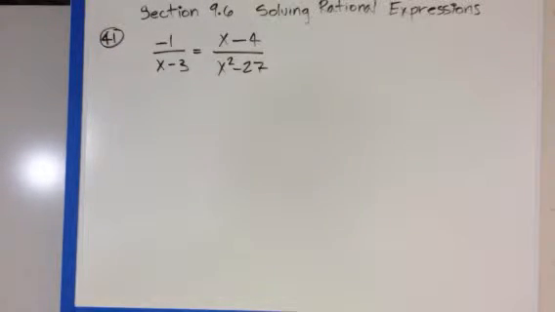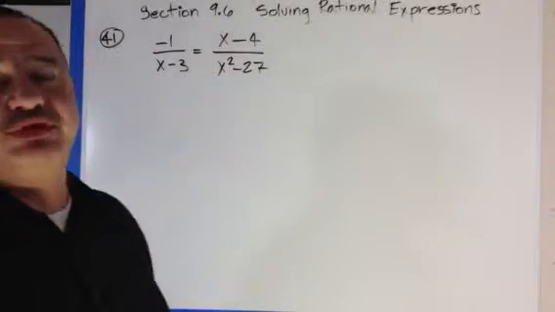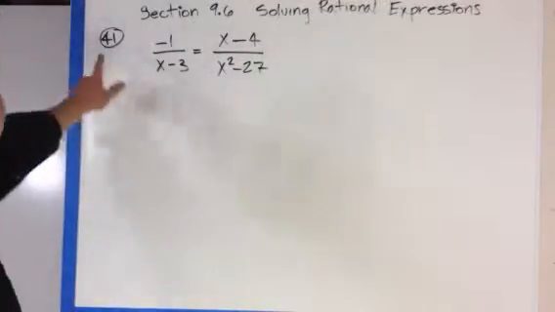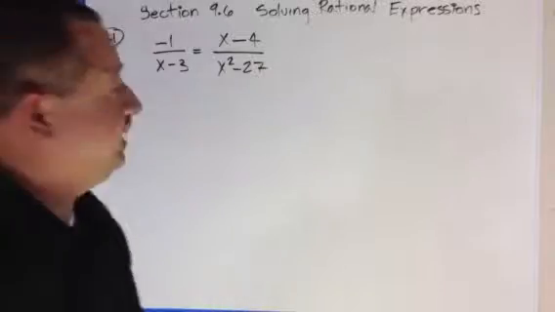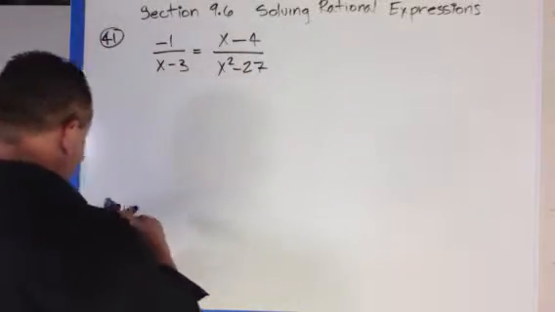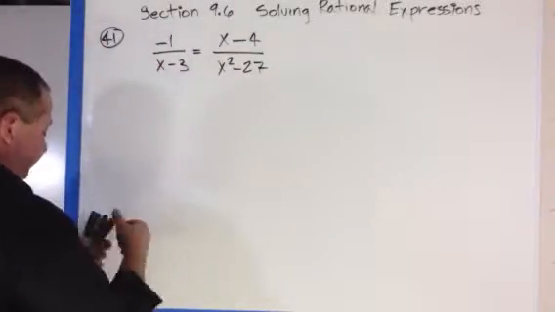Okay, we're on the last one, the last homework assignment. We're still on section 9.6, solving rational expressions, number 41. Again, fraction equals fraction shortcut. So let's continue. What I'm going to do is go ahead and multiply